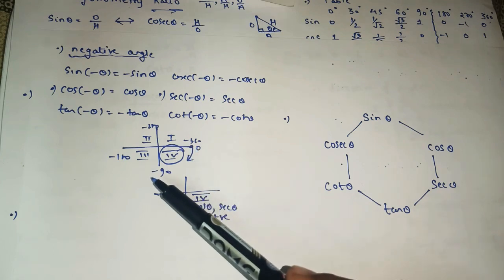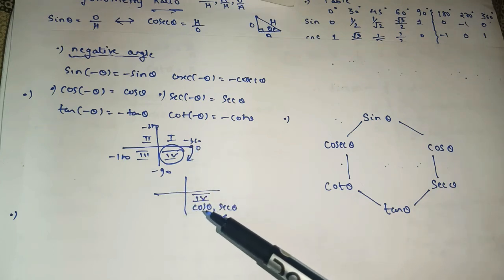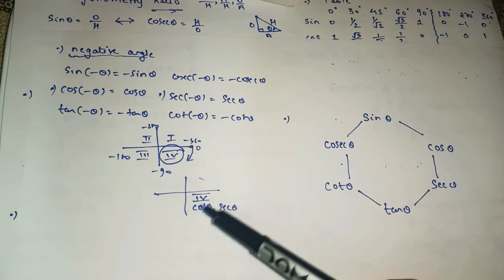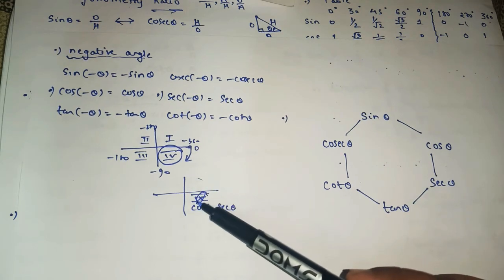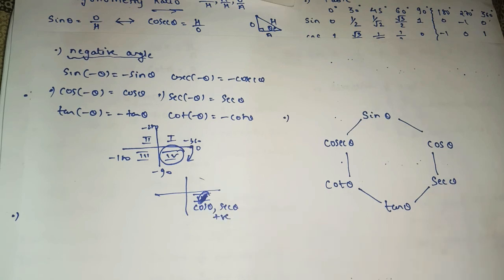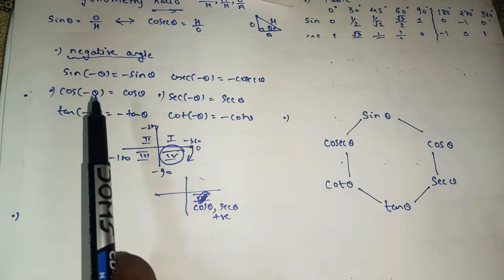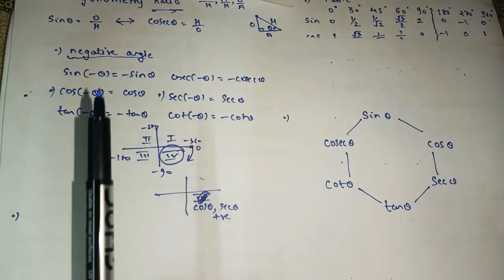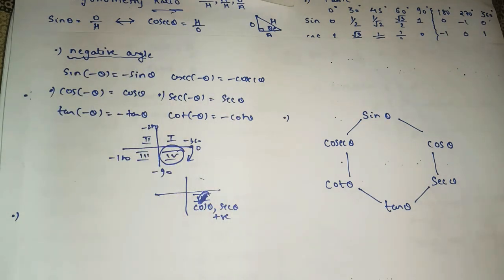From 0 to minus 90. So when the angle moves in the clockwise direction, we consider this as our first quadrant, but the quadrant is fixed, it will not change. For us this is the first quadrant, but this is the fourth quadrant, in which cos and sec are positive. That's why the answer for cos and sec is positive and the answer for the rest is negative. This is the concept for negative angles, as they start from this quadrant.